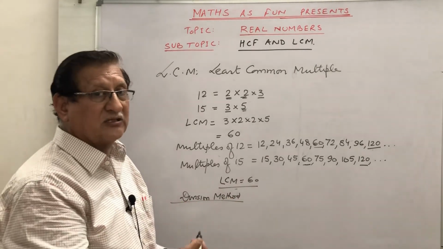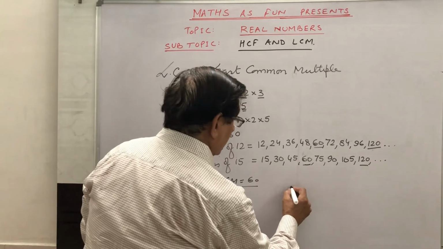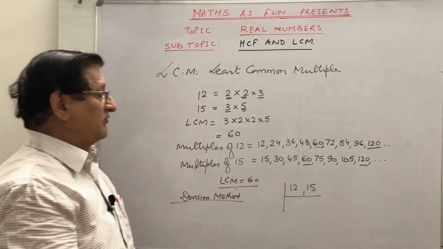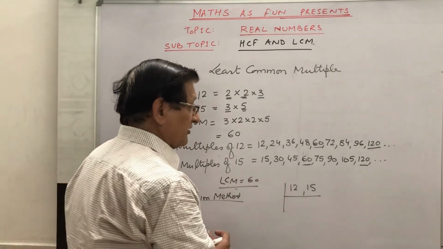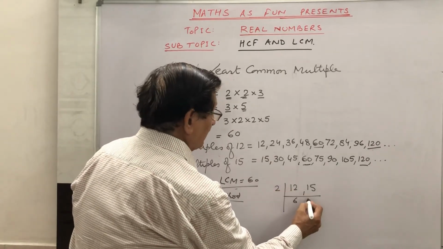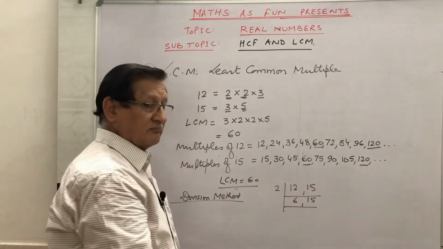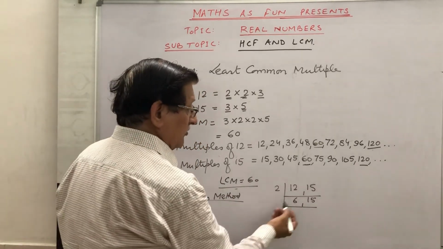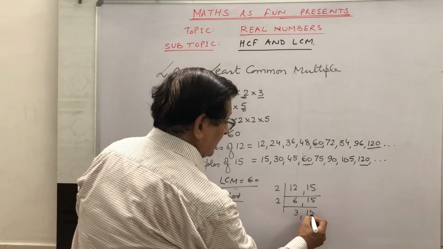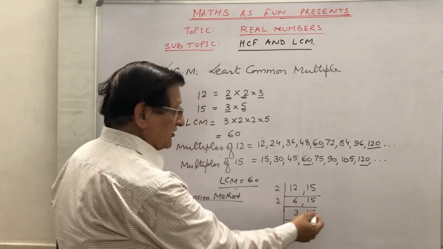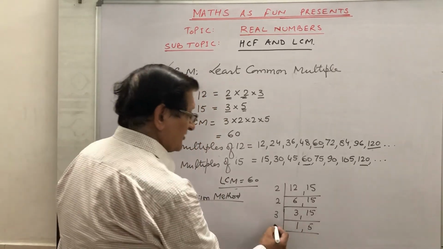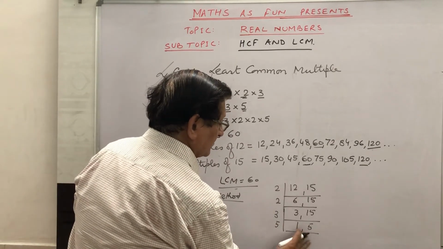What we do in that division method, smaller classes also you might have been learning about that. Like suppose I take 12 and 15 together. We find a number which can divide them both. In case we don't find, we take the smallest number. We know 2. 2 can divide only 12. 2 sixes are 12, but 15 will remain the same way. Then we go with the number which can divide, again 2 can divide this. So this is 2 threes are 6 and 15. Then we find 3 can divide both. So 3 ones are 3 and 3 fives are 15. And now 5 is left. So we divide by 5. This is 5 ones are 5.